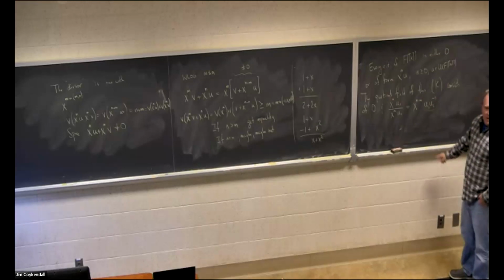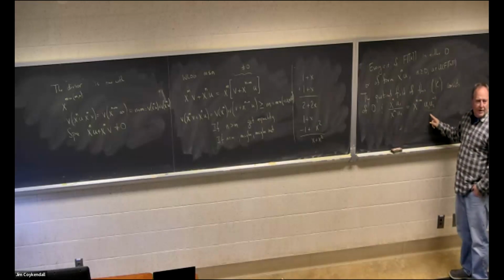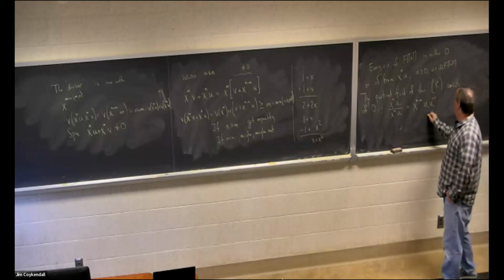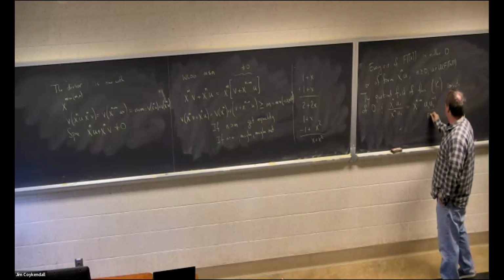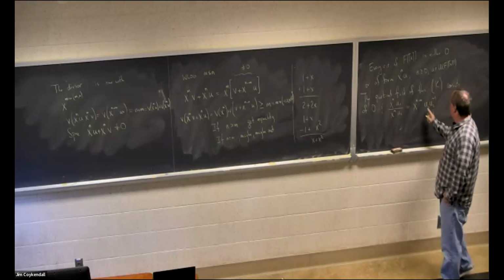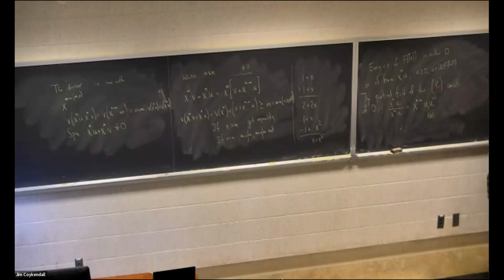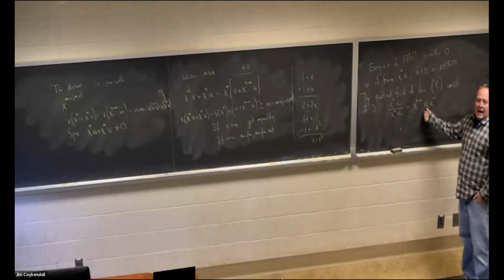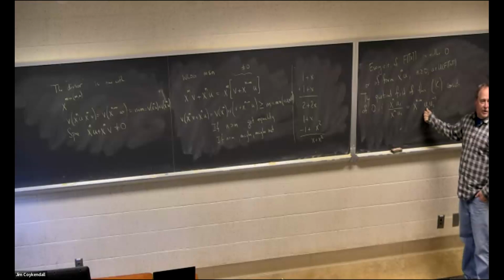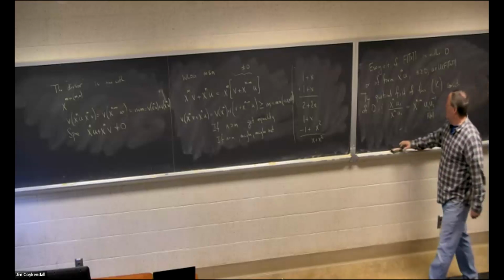Notice this piece right here is still in F power X, because U is a unit in F power X, and U2 is a unit in F power X, so they're inverses in F power X. So this is just a power series in F power X that starts with a non-zero constant term. And there is a power of X multiplying it that can be either positive or negative, because it might be the case that n is bigger than m.